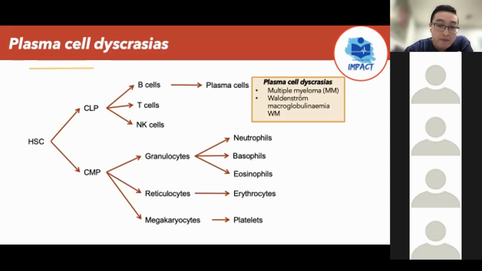And the thing with IgM is that it forms a pentamer in the blood. So you have this big protein in the blood that then causes the blood to thicken. So the presentation for Waldenstrom macroglobulinemia is very different. You won't see CRAB features. The most common thing that you will see is something called hyperviscosity syndrome, where because the blood is so thick, patients tend to present with things like blurry vision, headaches. They can cause strokes